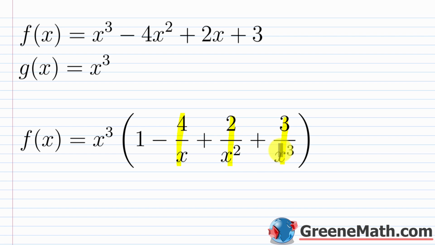And that would be true as x approaches negative infinity as well. So what you're going to have is 1 minus something very close to 0 plus something very close to 0 plus something very close to 0. So basically this guy is going to approach 1 on the inside of the parentheses. It won't be exactly 1, but it's going to get really, really close to 1. And so that would be multiplied by x cubed. So it's going to be really, really close to x cubed. So this guy and this guy will be really, really close in value as x approaches positive infinity or as